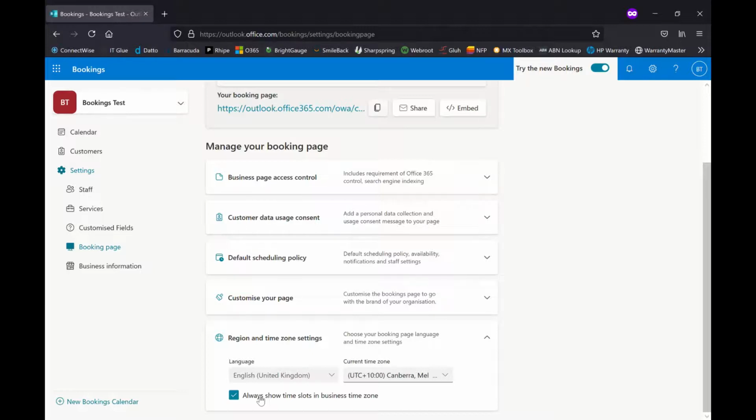Not necessarily a problem if, say, you work in Sydney and all your clients are Sydney based, you're all on the same time zone, that's fine. But if you're working with people internationally or interstate, and your bookings page is providing them with dates and times in the Sydney time zone, they're then running into the issue of needing to do mental math and work out what time that Sydney time is in Paris or London or wherever it may be, and so leaving that